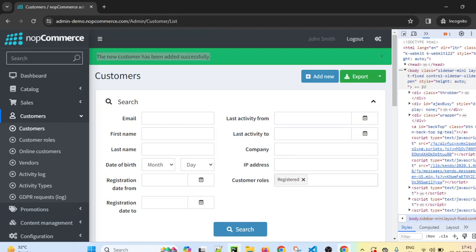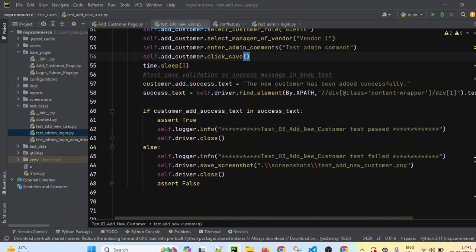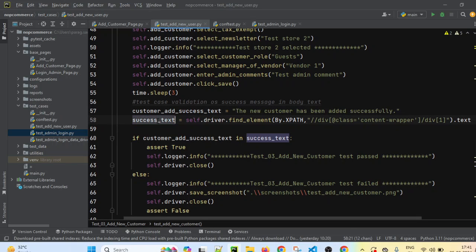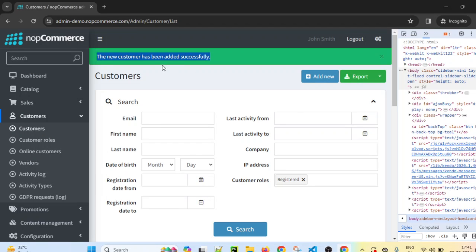If you see in the code, now we have to add some final validation. So this is the expected success message. In this success text, I'm just locating this element.